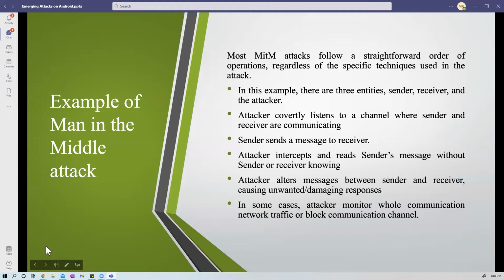Most man-in-the-middle attacks follow a straightforward order of operations regardless of any specific techniques. For example, there are three entities: sender, receiver, and attacker. The attacker keeps an eye on a channel where the sender and receiver are communicating. Here, the sender sends some messages to the receiver, and the attacker intercepts and reads the sender's message